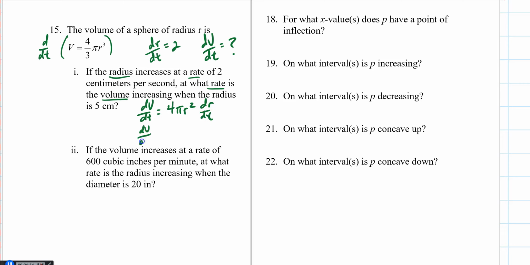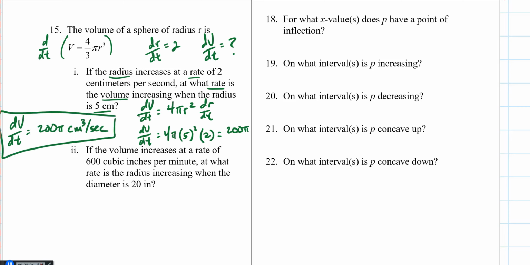Plug some stuff in: dV/dt is equal to 4 pi times r, which is 5, times dr/dt, which was 2, which leaves me with 200 pi. So my final answer, the rate of change of the volume over time, is 200 pi centimeters cubed per